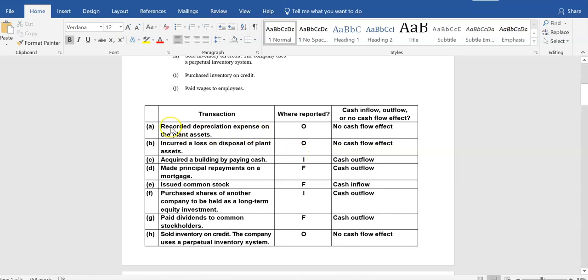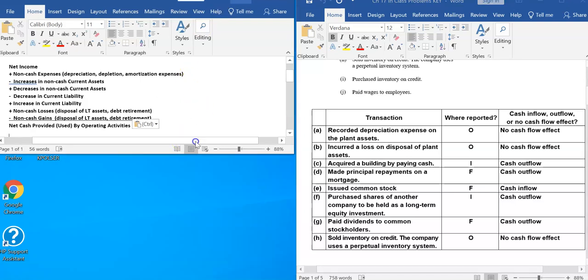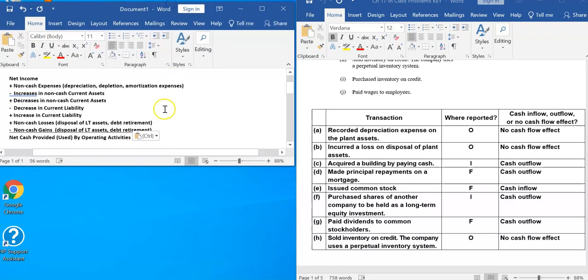All right, the first transaction is recording depreciation expense on the plant assets. Before we talk about this, remember when depreciation is recorded, the journal entry is to debit depreciation expense and credit accumulated depreciation. It does not have a cash flow effect because it is what we call a non-cash expense. However, even though it has no cash flow impact, it does show up in the statement of cash flows